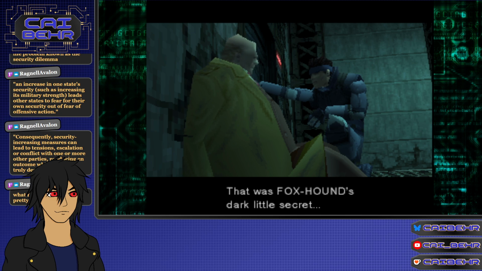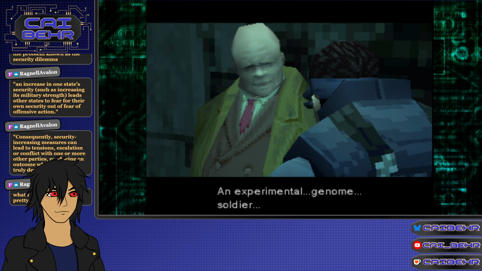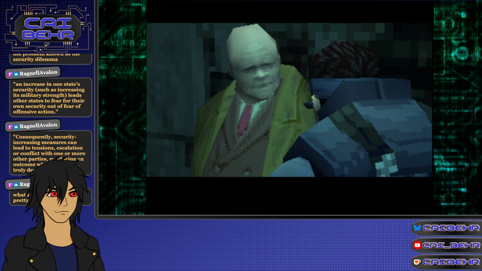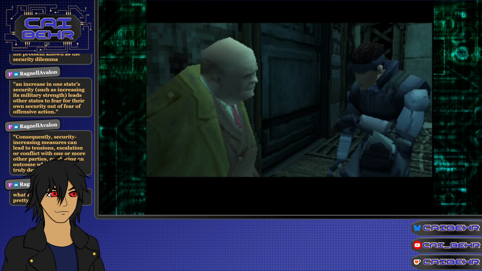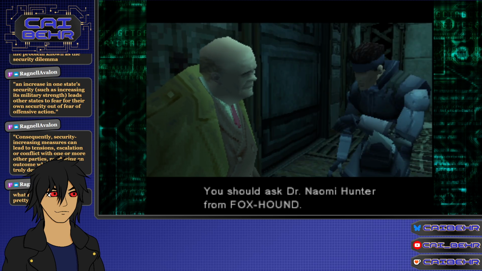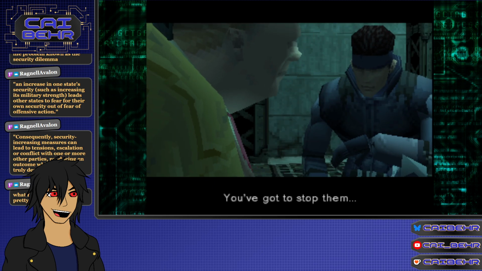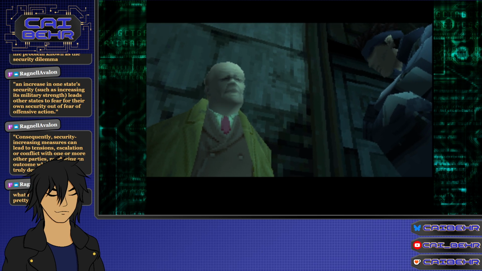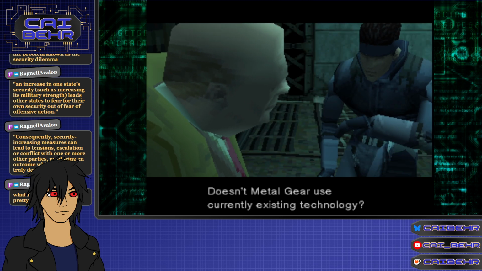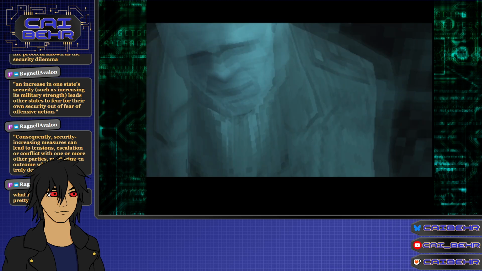That ninja? That was Foxhound's dark little secret. Dark little secret? An experimental genome soldier. You know him? You should ask Dr. Naomi Hunter from Foxhound. She knows better than I. Naomi? Hold on. Naomi didn't say anything about being Foxhound. Public, my company and I are finished. What? Doesn't Metal Gear use currently existing technology? Metal Gear itself does, but...